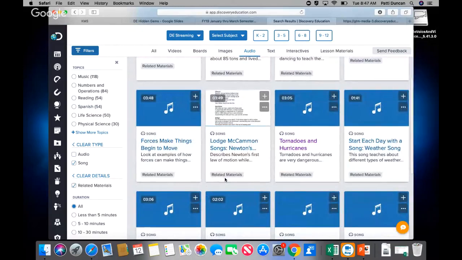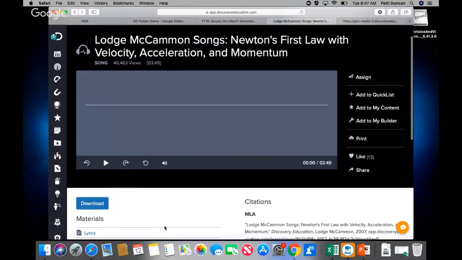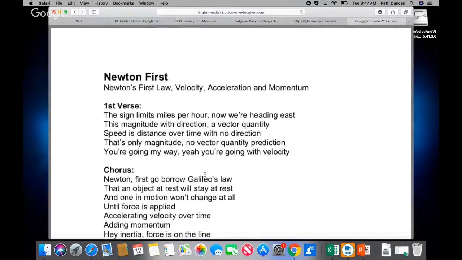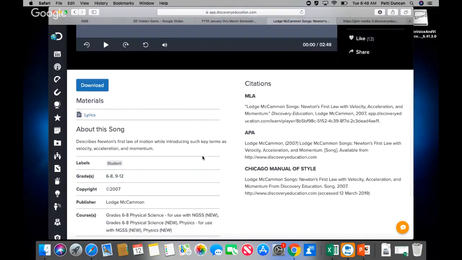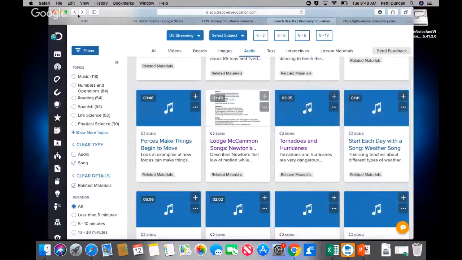Now, why might that be important? Because a lot of times a really great way to utilize a song is to open up the lyrics and print it out and give it to the students and do a closed reading of the lyrics before you even play the song. Ask them, what do you think this title means? What do you think this line means? Or can you interpret these lyrics and tell me what this has to do with what we're learning? You know, that kind of thing. And so those are really nice little gems that folks don't realize they can do besides just playing the song.